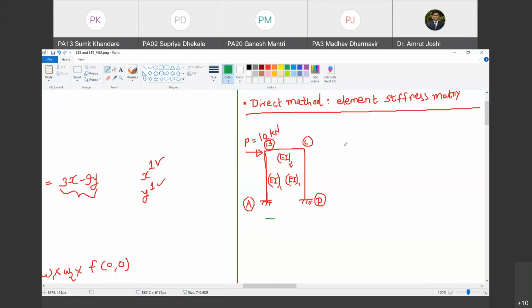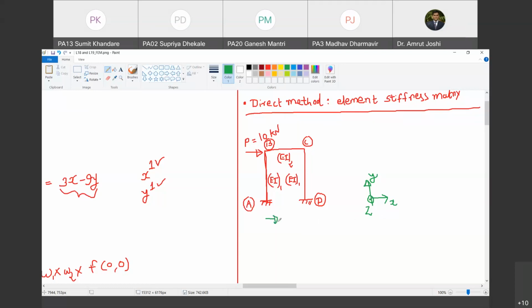One is deformation perpendicular to the member length, and second one, rotation about z-axis. So let us call this as x-axis. Let us call this as y-axis. Coming out of the plane of board towards you is z. Are you with me? Yes, sir. I'm going to consider only 2 degrees of freedom. Why? We will answer that question a little later. But I'm going to consider only 2 degrees of freedom per node. One perpendicular to the length of the element, and one rotation about z-axis. Are you with me? Yes, sir.